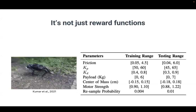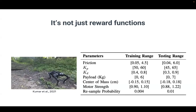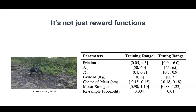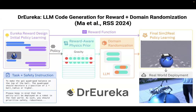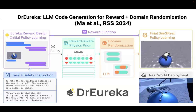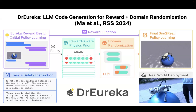And doing this is, again, another labor-intensive step for the human engineers, who must understand, okay, friction and payload are important for doing tasks like this. So, follow-up work to Eureka presented in RSS this year, we took the algorithm a step further to also generate valid domain randomization parameters. So the intuition is that even though the large language model hasn't seen the exact task,